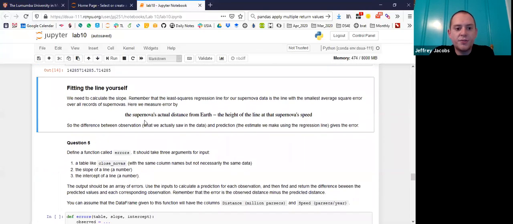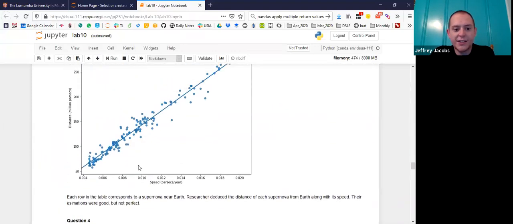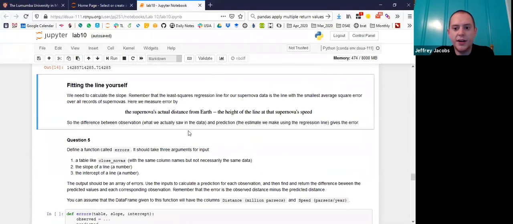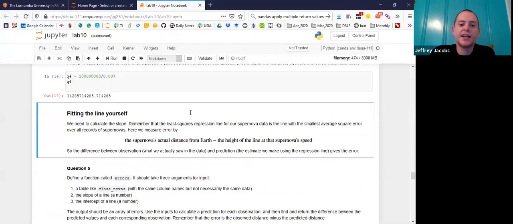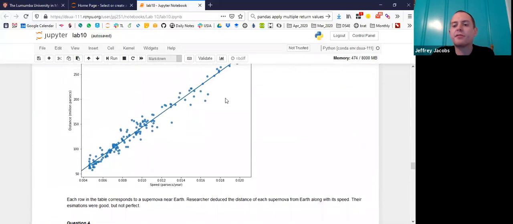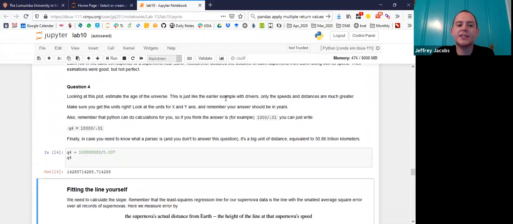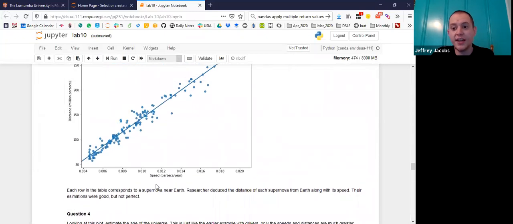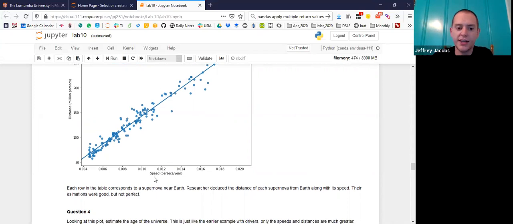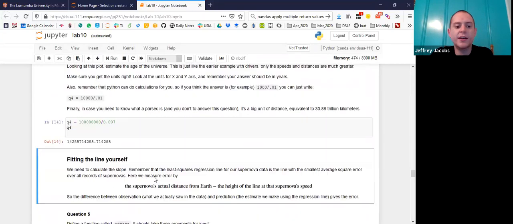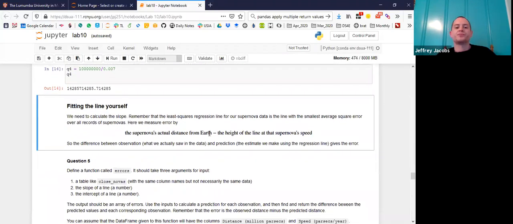Cool. So yeah, we want to calculate the slope. We estimated it here, but remember that this line is generated by running a regression, right? When you run a regression of the y variable, in this case distance, on the x variable, speed, you get an estimate of the slope. Well, you get a best fit line, which has a slope and an intercept, right? So you get an estimate for the slope and intercept. And the way that regression works under the hood, like I said at the beginning, going a little under the hood, is that